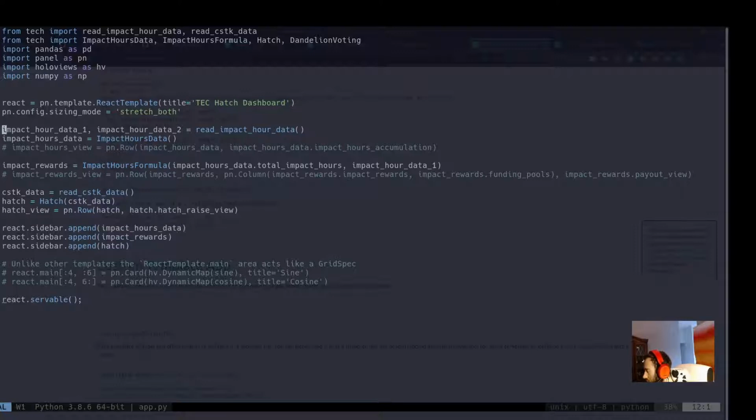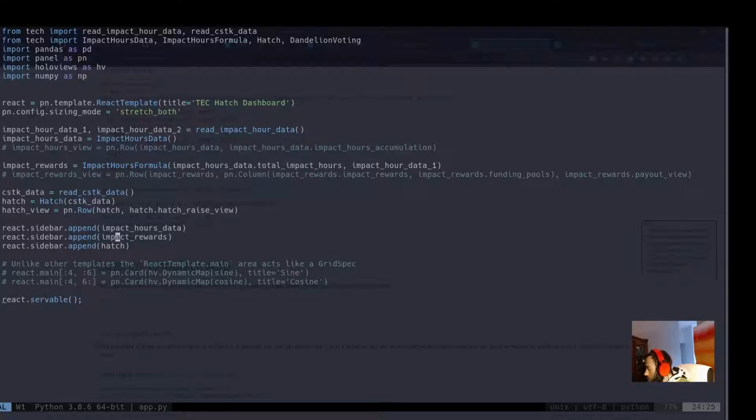I'm just loading the data, creating the panel widgets, instantiating our classes, just like we did in the Jupyter Notebook. So I instantiate the impact hour rewards, the hatch, and then I'm using this sidebar view to fill in